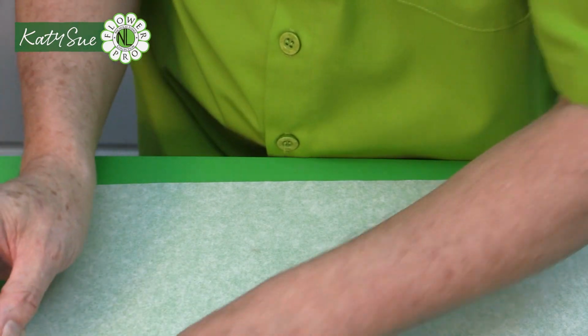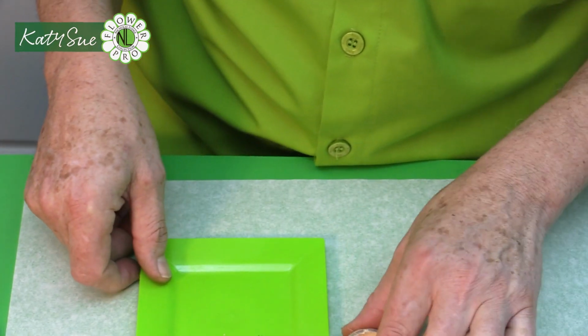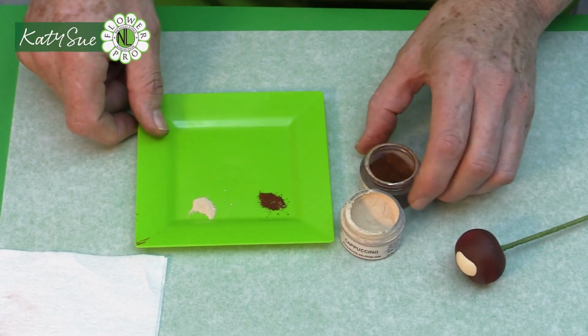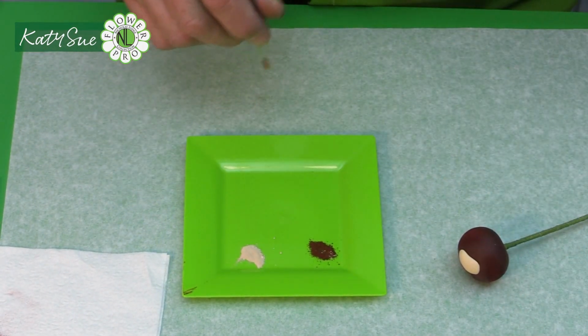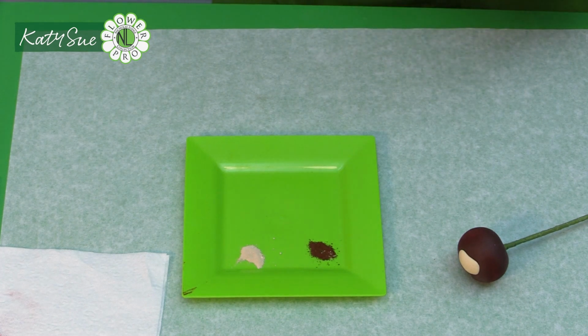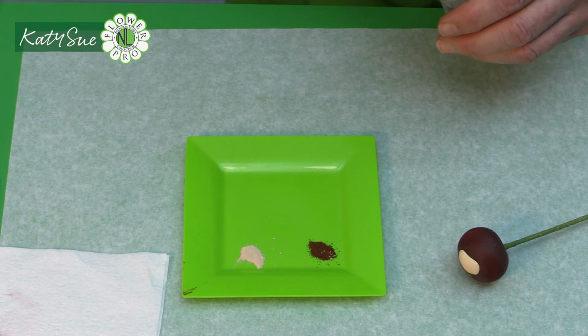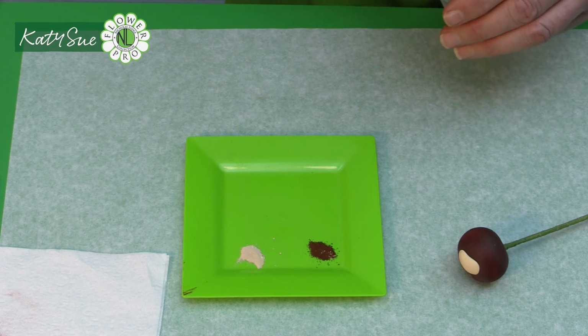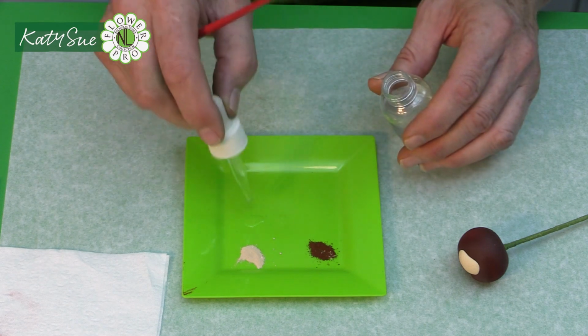And then we're going to take this color, and this is cappuccino dust, like cappuccino coffee, and brown. So I'm going to use some cappuccino and brown and a little bit of vodka. And what we're going to do here is use brown and cappuccino with a little vodka and sponge over the cream and paint around the edge with chocolate and vodka. All right, so I'm going to take just a little bit of vodka,